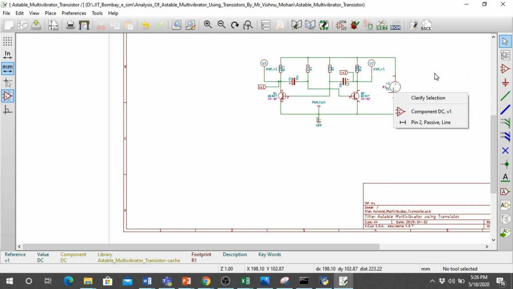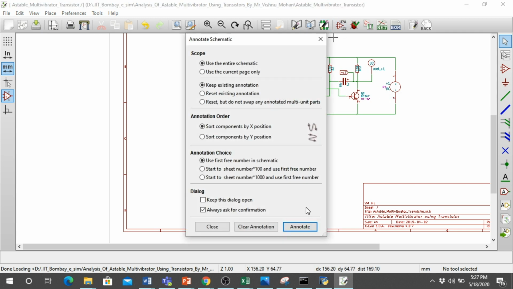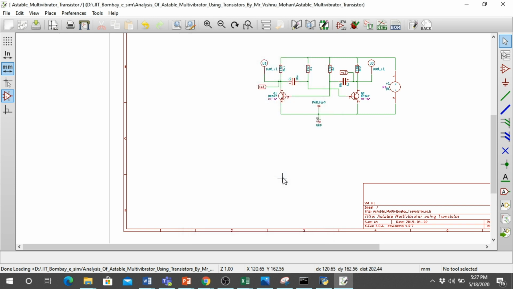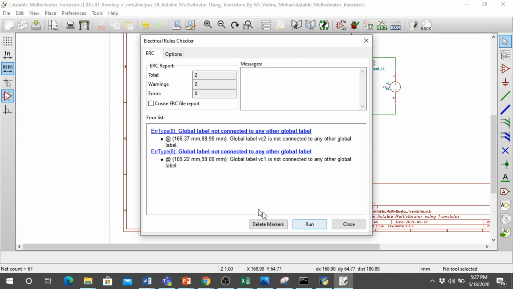Once all this work is over, I'm going to click the annotate button. This annotate button will annotate all the components. Just give OK. Once the annotation is over, click the electrical rule check, and in it click the run button. As I said, if there is a global label error, kindly ignore it.